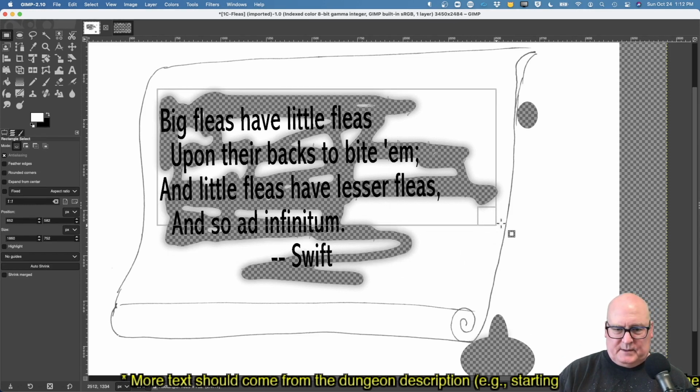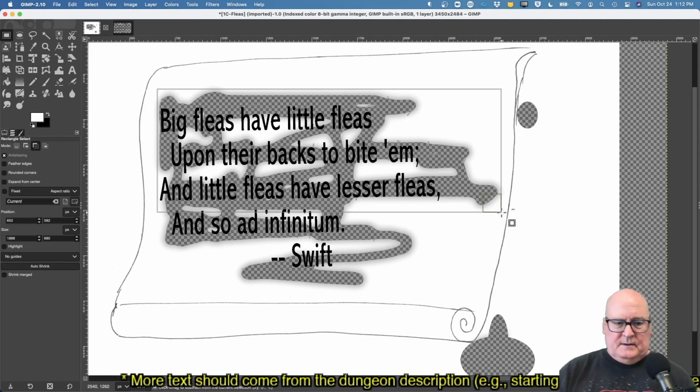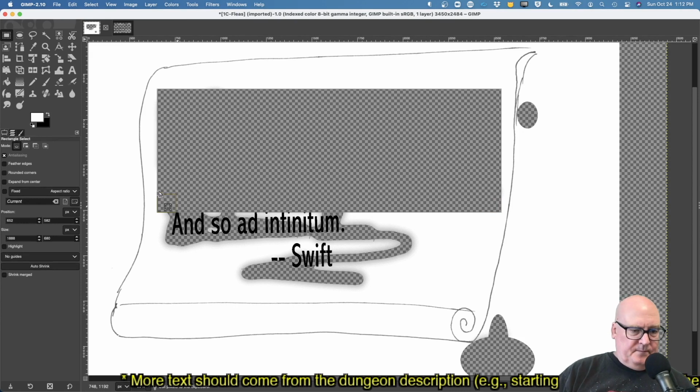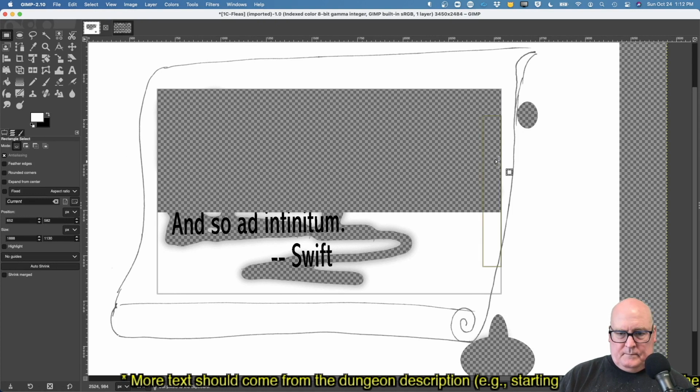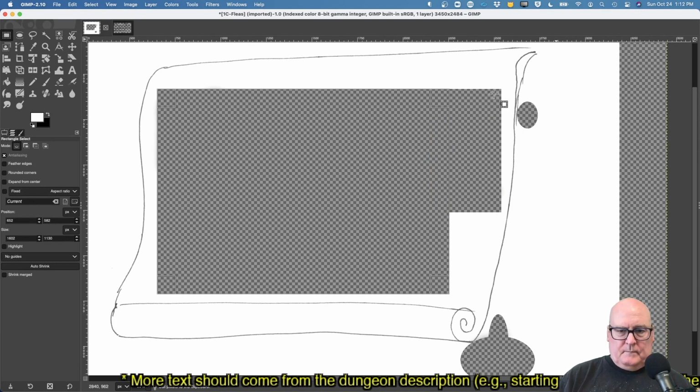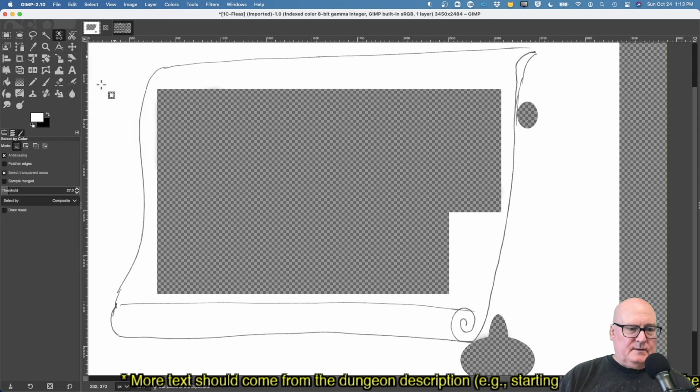I'm just trying to chop out this junk. Let's try again. Select by color. We'll take the background. I'll try cutting it out.